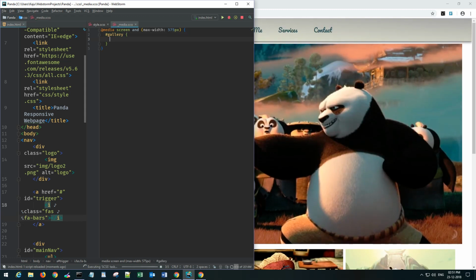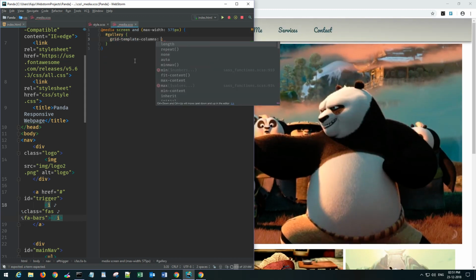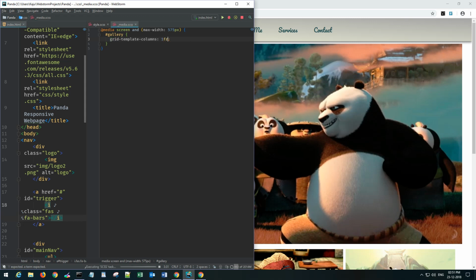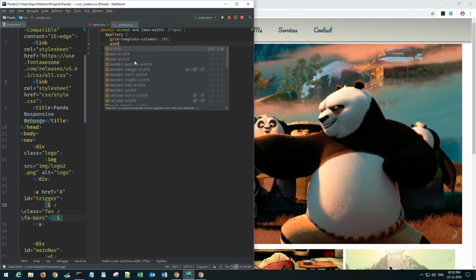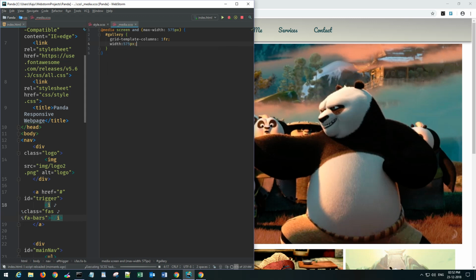Okay, I want this to have grid template columns of 1 fraction. I want to use the entire space here, because that's a very small cell phone or small device that doesn't have too much space. And what else? Well, let's put a width of 575 pixels. Okay,